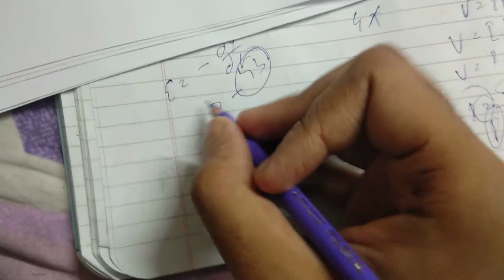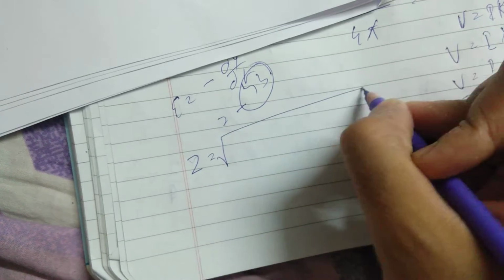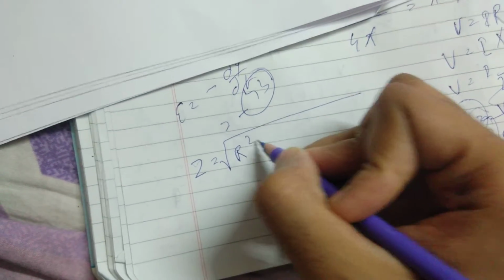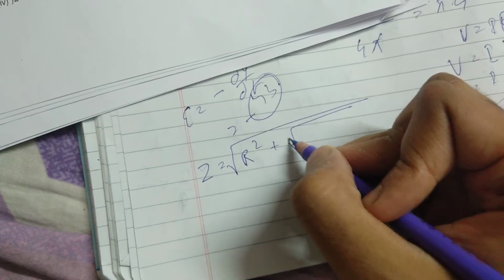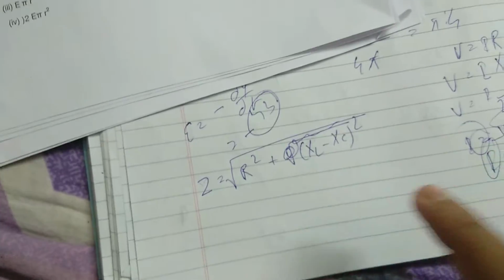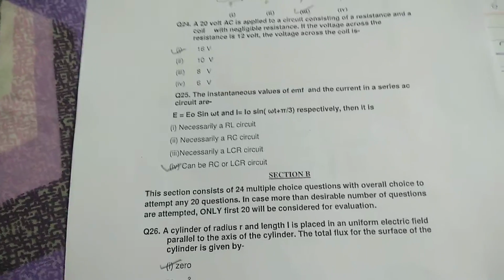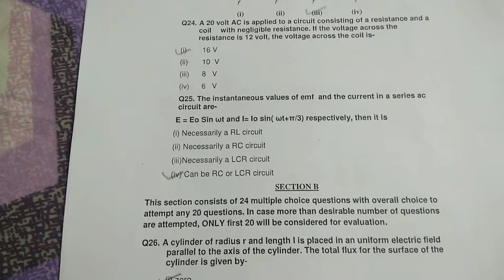So this is pretty simple actually if you know the basic concept of the LCR circuit. In an LCR circuit we have the impedance, Z equals the square root of R squared, that is the resistance squared, plus (XL minus XC) squared. This is the inductive reactance, this is the capacitive reactance. But here we have no capacitor, just a resistance and a coil with negligible resistance.